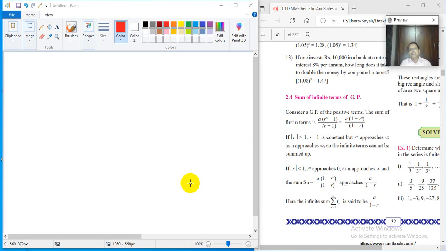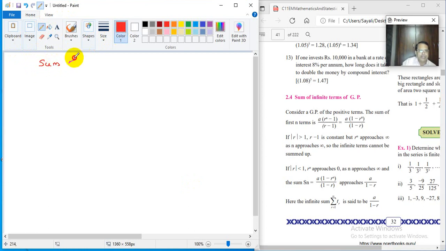In the previous lecture, we were discussing the sum of infinite terms of a GP. What was the conclusion of all that? We were discussing the sum of infinitely many terms of a geometric progression. And we have said that if mod r is less than 1, it implies